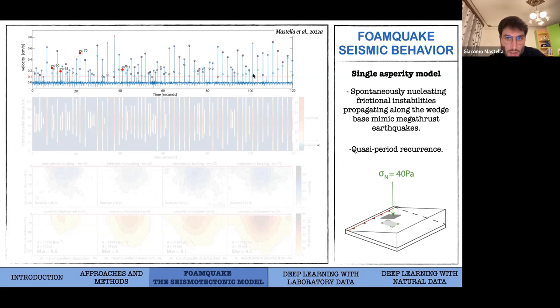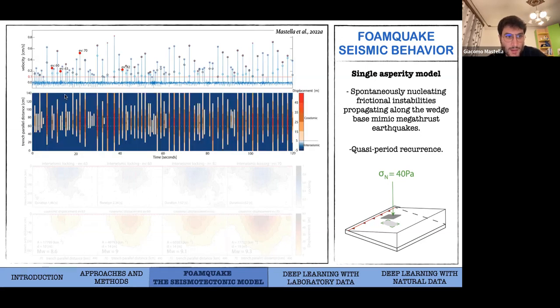Here each peak simply represents one analog earthquake. If we represent the time evolution of the model, where each thick vertical line represents the trench parallel extent of a given analog rupture, we can see that there's a sort of variability in terms of rupture areas. For example, there are some ruptures, such as this one, that are very small, while other ruptures involve instead all the model dimension along trench.